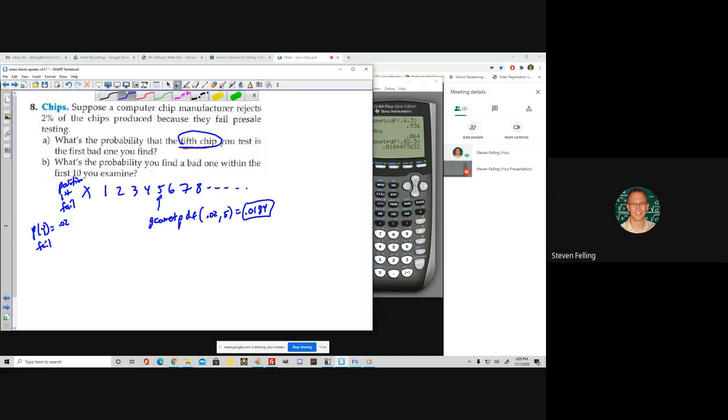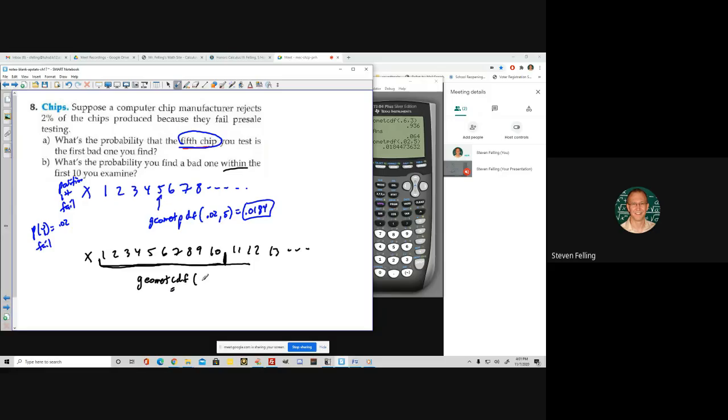Okay, the second problem there says, what's the probability that you find a bad one within the first 10? So here we've got 1, 2, 3, 4, 5, 6, 7, 8, 9, 10, 11, 12, 13, it keeps going, right? Within the first 10 means you find the first one somewhere in the first 10, okay? So that can be done with the geometric CDF function, cumulative, chance of a failure 2% up to and including